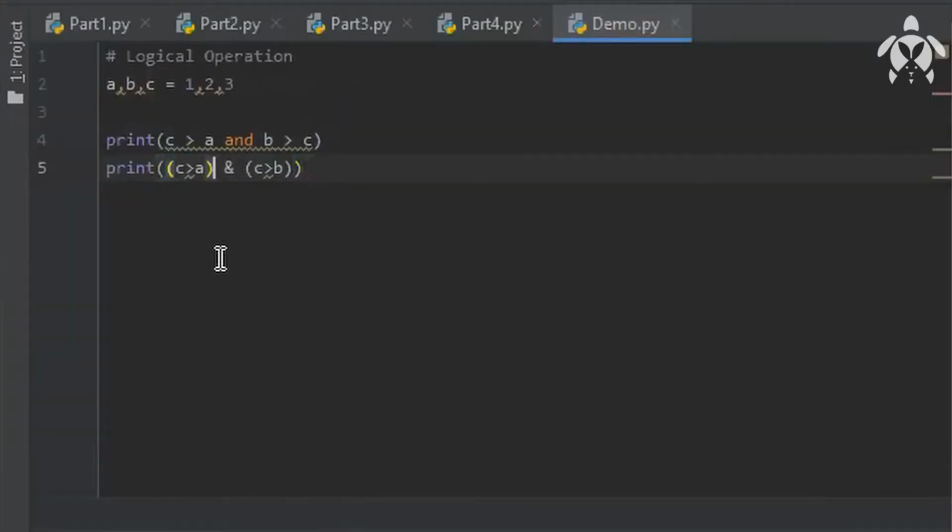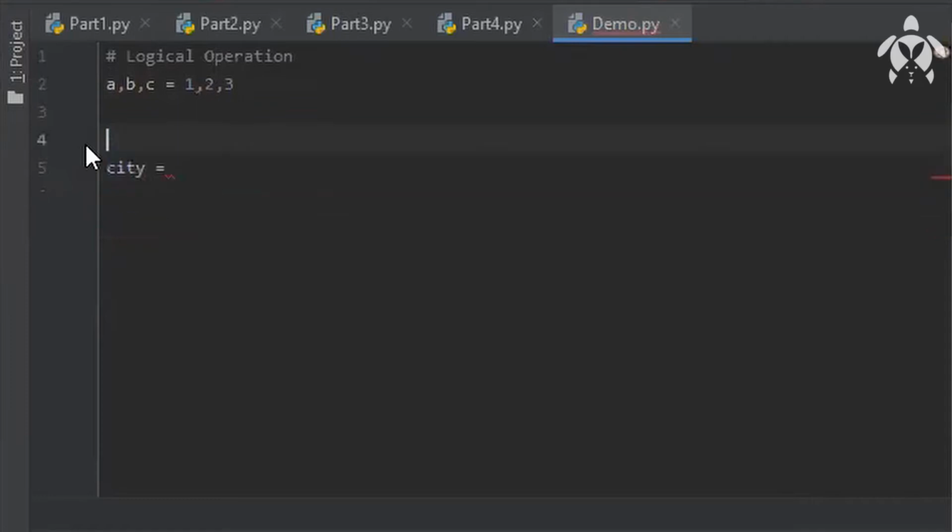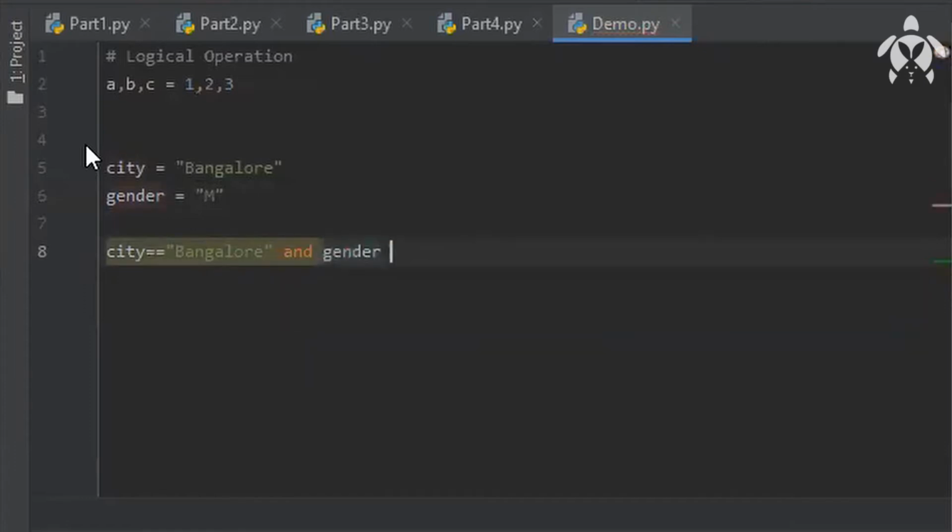Now suppose I want to check or verify, I want to compare. Suppose let me take a city here. I'll remove this one. The city I'm taking here is Bangalore, and I'm taking gender as M. And suppose if you want to compare, then I'll give city is equal to Bangalore, gender is equal to F. So let me keep this inside a print statement.